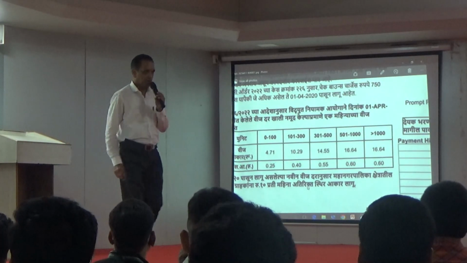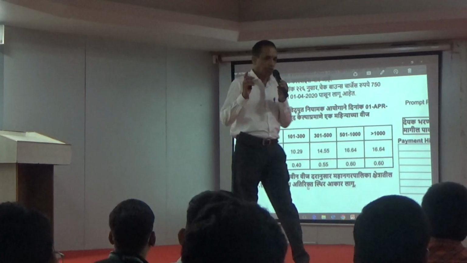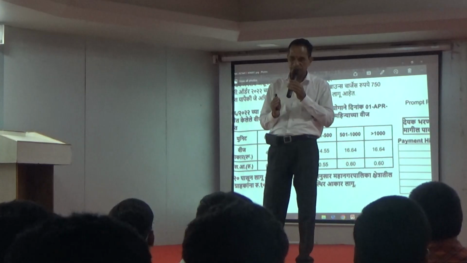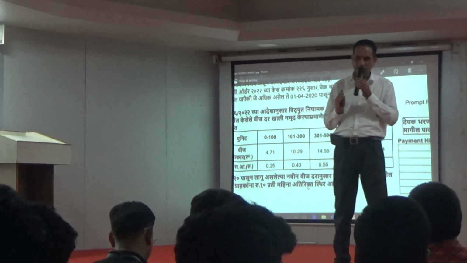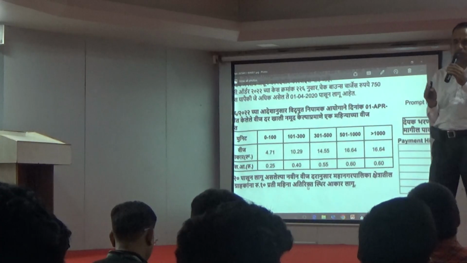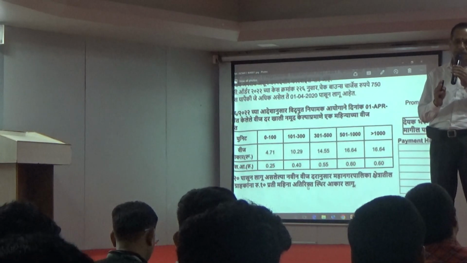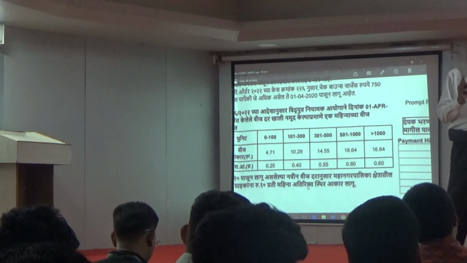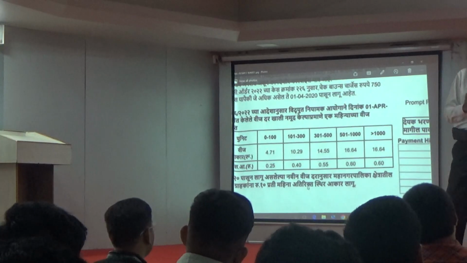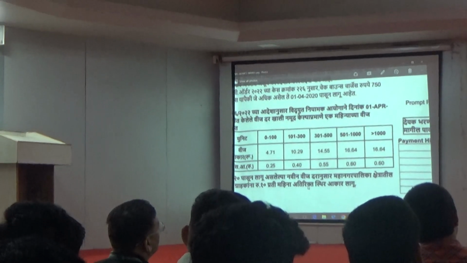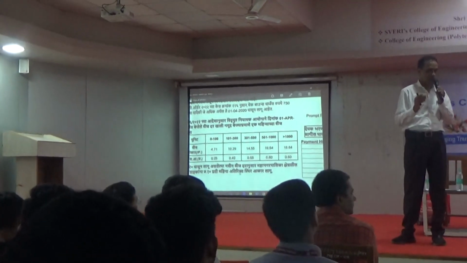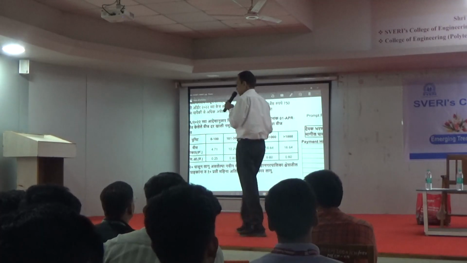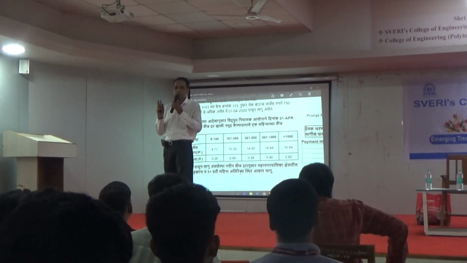If your bill is high, first thing, you can go for the brushless DC fans below 100 units. What is the difference between the brushless DC fan and the regular fan? Brushless DC fan consumes 30% of the regular fan. So instead of one regular fan, you can put 3 fans, and you can come under the less than 100 category. So your bill is less. You will be saving 1,000 per month, and the cost of the fan is not more than 3,000 rupees. So by replacing with a BLDC fan, you can recover the cost in 3 months of electric bill.